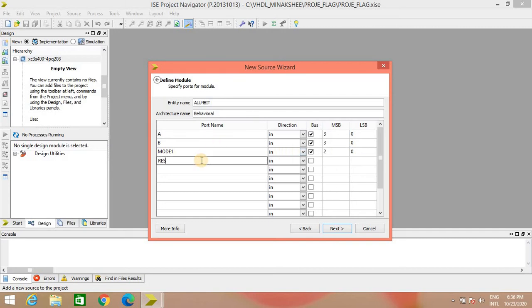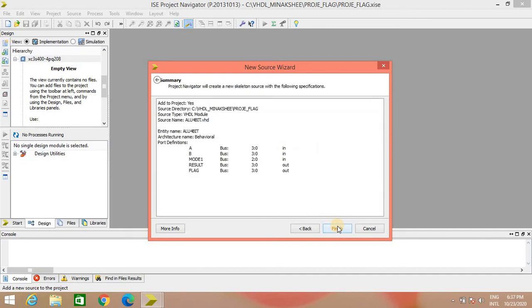Then the result, it is out, size is 3 down to 0, and then the flag register, it is again out, 3 down to 0. Click on next, finish.